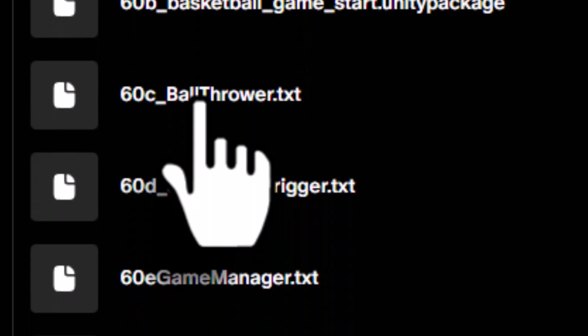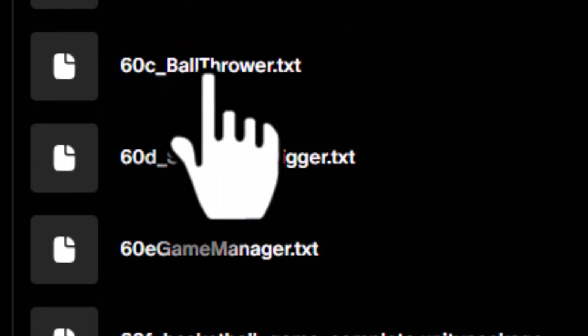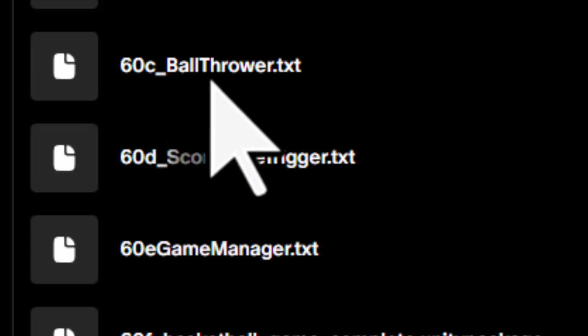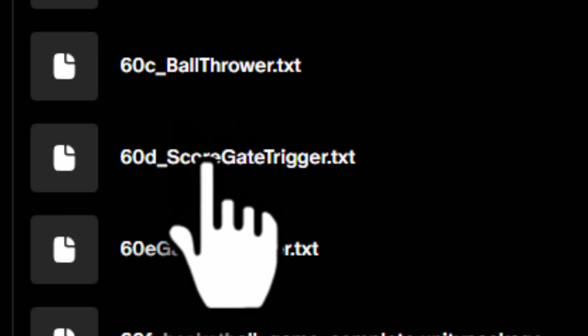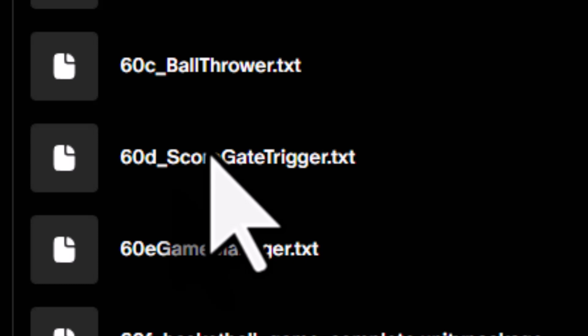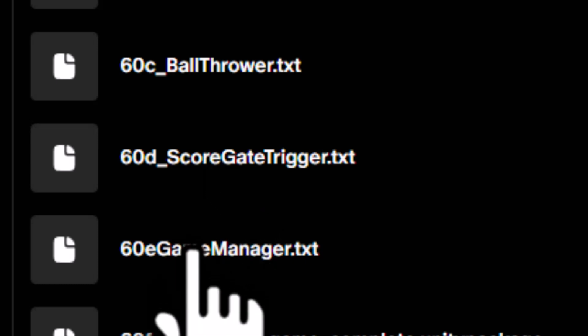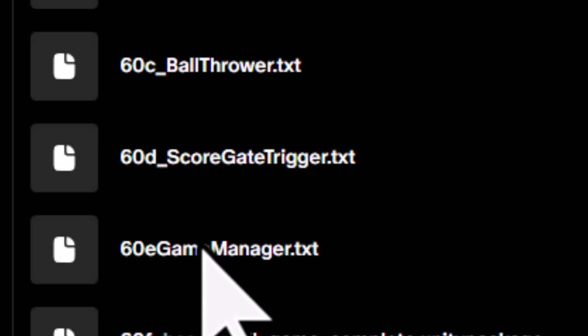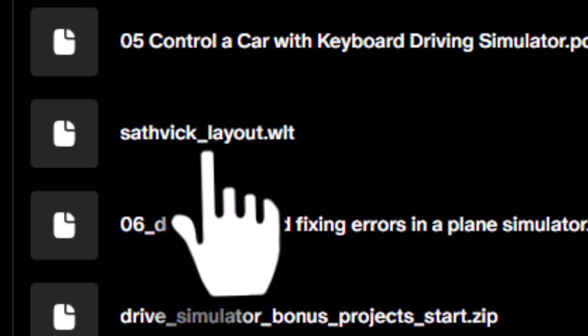You are also provided with 3 scripts. One is BallThrower.txt. Click on it to download it. And then you have ScoreGateTrigger.txt. Click on it to download it. And then you have GameManager.txt. Click on it to download it. If required, also download this Sathvic